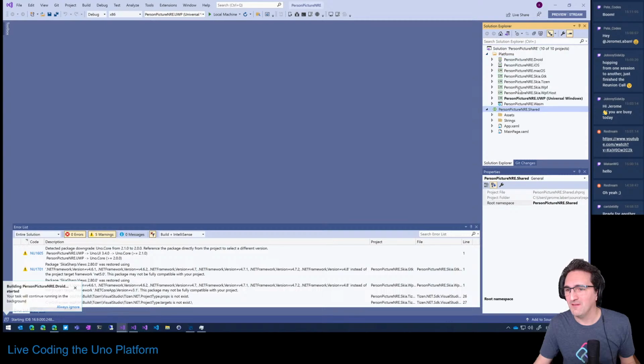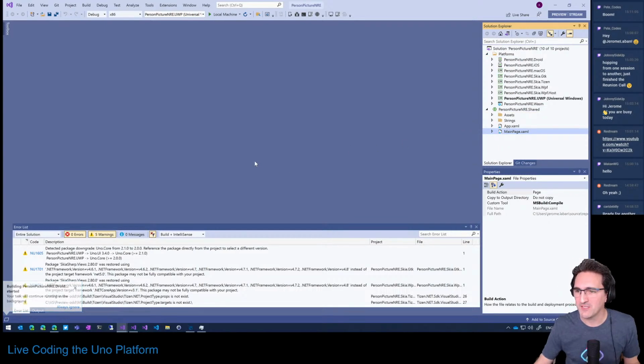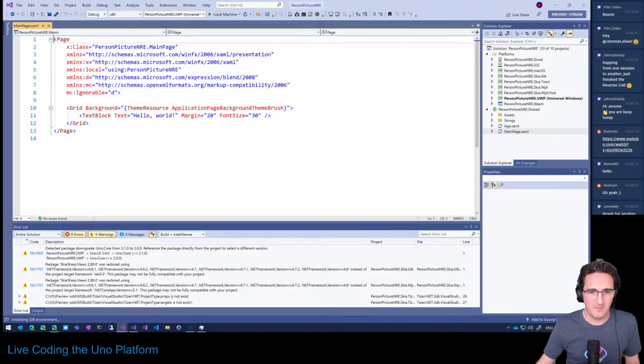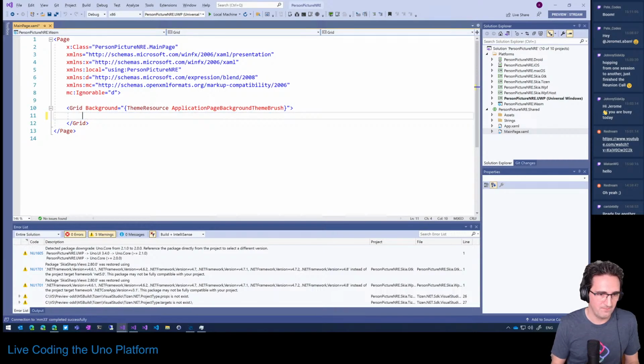Okay, so let's try to add a person picture here. The person picture control is not particularly complex. It's a control that